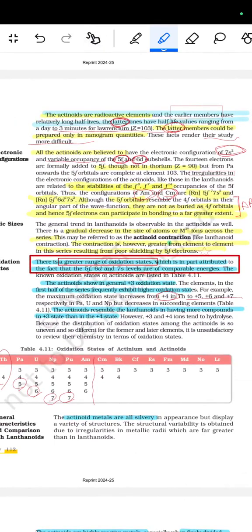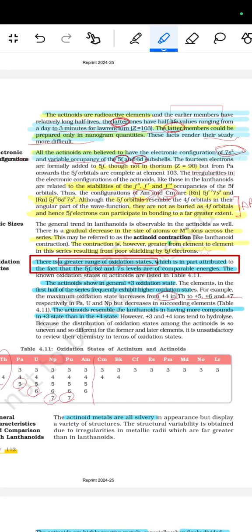The latter ones have half-life values ranging from 88 to 3 minutes for lawrencium (Z = 103). The latter members could be prepared only in nanogram quantities. These facts render their study more difficult. All the actinoids are believed to have the electronic configuration 7s2 and variable occupancy of the 5f